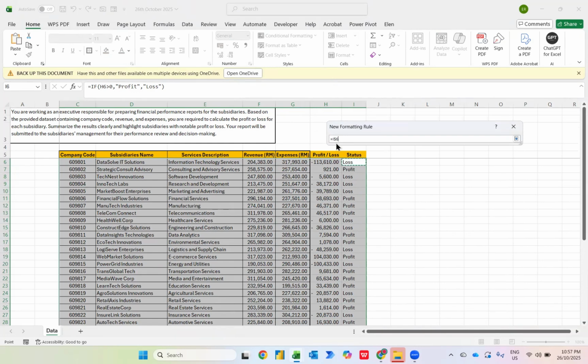Why do I press F4? Because I want the dollar sign to appear before the letter I. So I press F4 one more time. Now you see here the dollar sign appears before I. It means it will lock the column I. So if this one is equivalent to loss, LOSS, then you'll notice that the entire details over here will